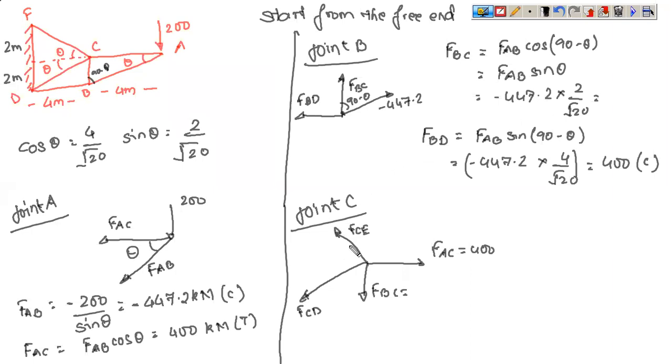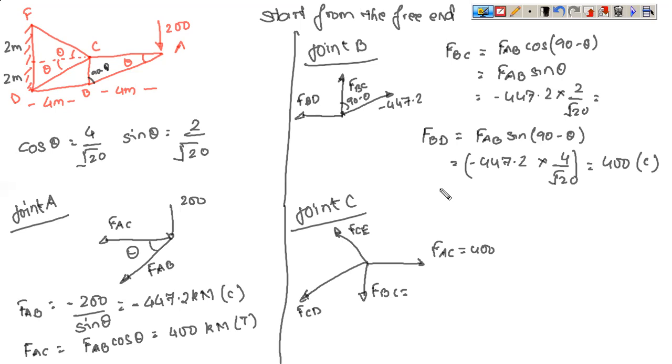Now again, you come to joint C. If you come to joint C, you can see that again all the forces, members, theta, everything is known to you. You can solve and calculate the values of members CE and CD because the other two members are previously known to you. BC you have already calculated from here, AC you have already calculated. Put down the values, solve and create the table.